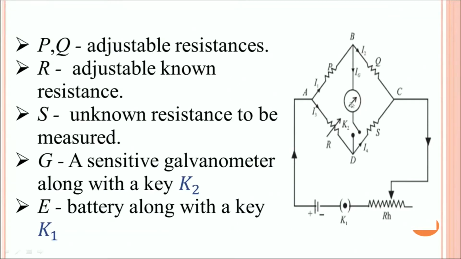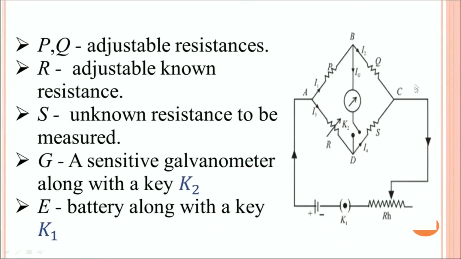This is a galvanometer which is connected in the circuit. These are keys which are connected in the circuit which can cause the current to flow or not flow in the circuit. You have a battery which provides a certain voltage and this rheostat just controls the amount of current passing through the circuit.